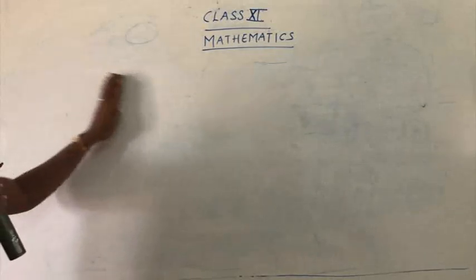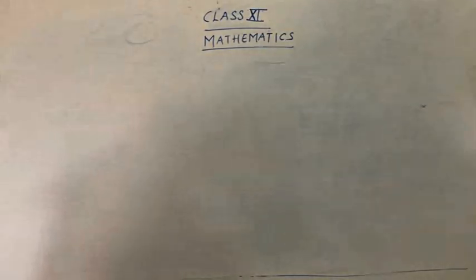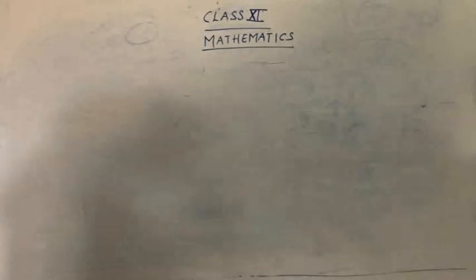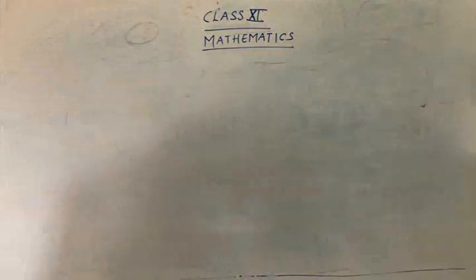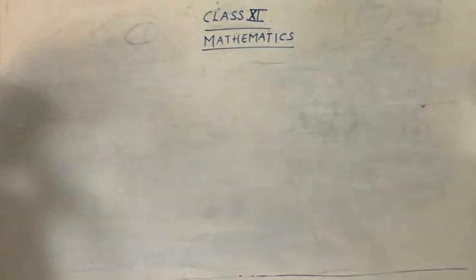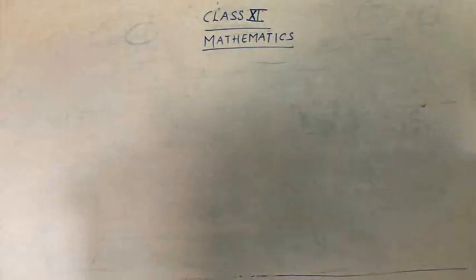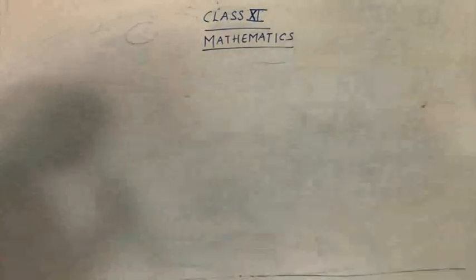So let's see how to solve the sum. What is the question here? They ask you to determine the domain. So we have to find out the domain for the function. And they have given you the function over here: W(x) = 0.35x.